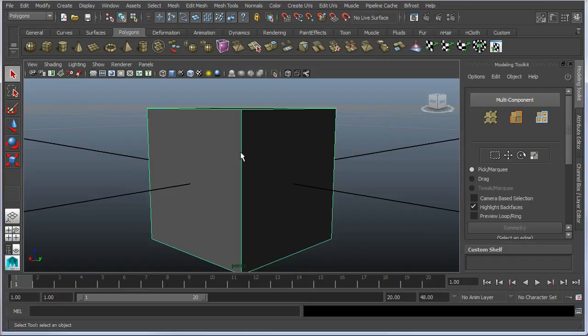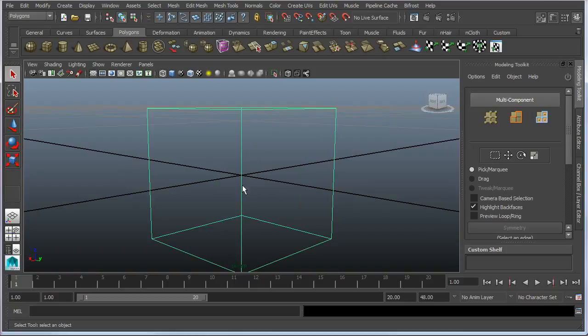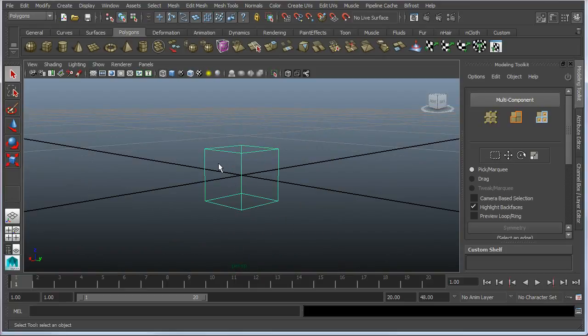And you can sometimes work with different shadings. So, like if you hit the number 4, it brings you to wireframe. And so now you can work through it. So if you have a box back here or a cube back here, you can select them and pick them, even with this in the way, because you can work through this. To get back to regular shaded is number 5